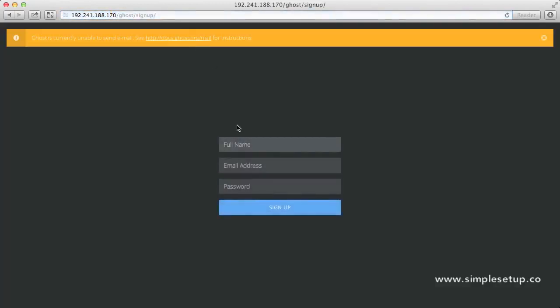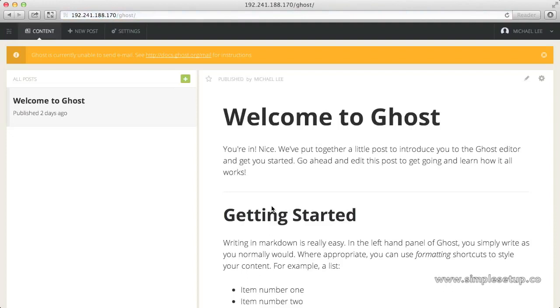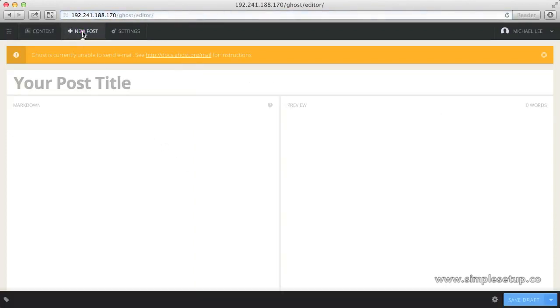Now we'll be asked to enter in our full name, email address, and password. For the password, I believe the minimum is 8 characters long. So once you type in all the credentials, click on Sign Up, and now you should see a dashboard. We want to create a new post, so click on New Post in the top left-hand corner. Give it a title. I'll be writing